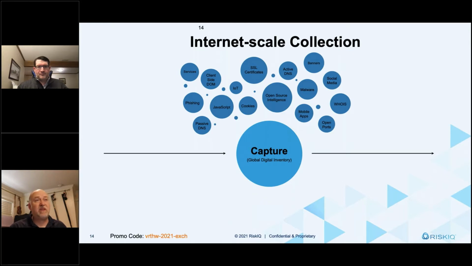It's made up of certificates, JavaScript, passive DNS, the A records, all the other DNS records, WHOIS records, certificates. We actually bring in the full document object model, so then we can pull out cookies and trackers and different things. We even have one of the largest mobile app databases in the world, with over 300 mobile app stores that we have information about.